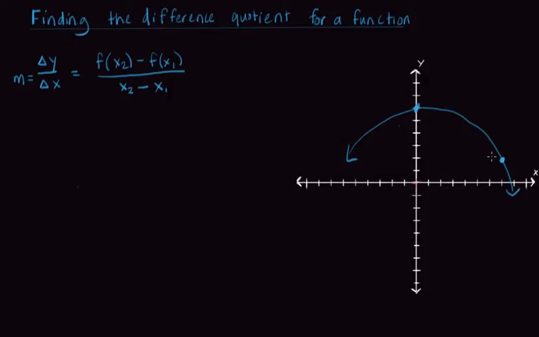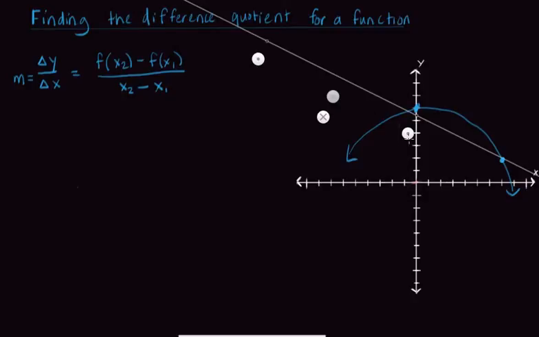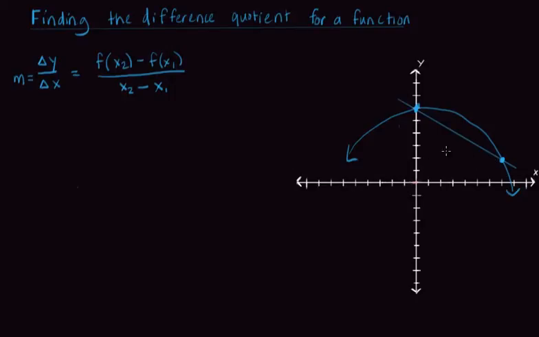Now, the rate of change is always changing, right? Because it's the slope, and this is a curve, so the rate of change is always different. But I can find the average rate of change by finding the slope between those 2 points. So if I wanted to find the average rate of change between this point and this point, I could just find the slope between those 2 points, and this gives me the average rate of change. So the slope is equal to the average rate of